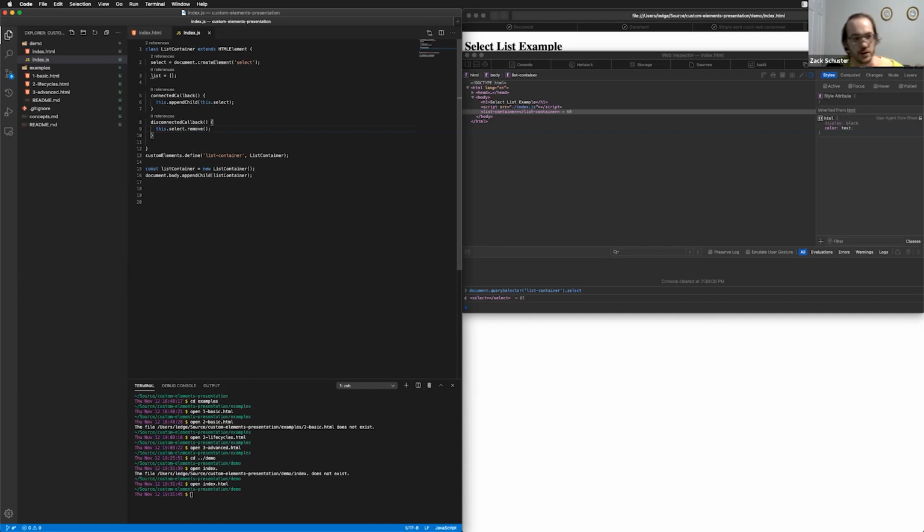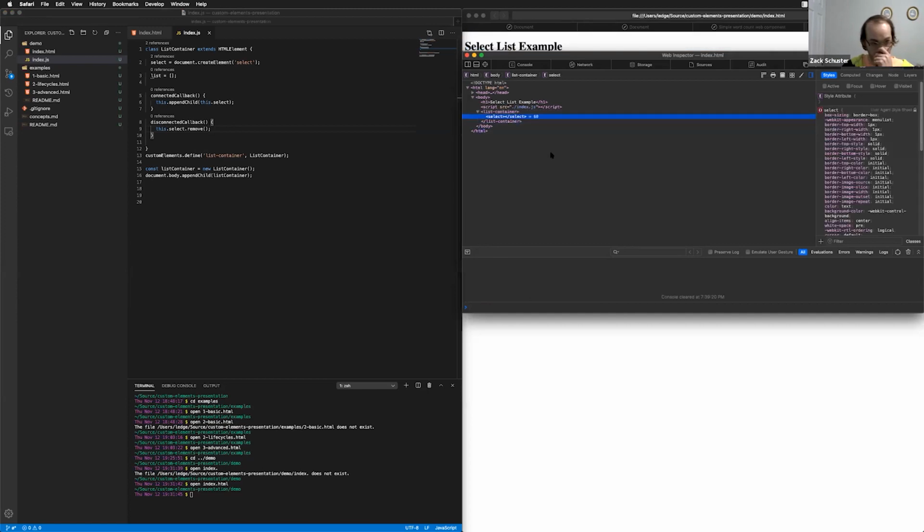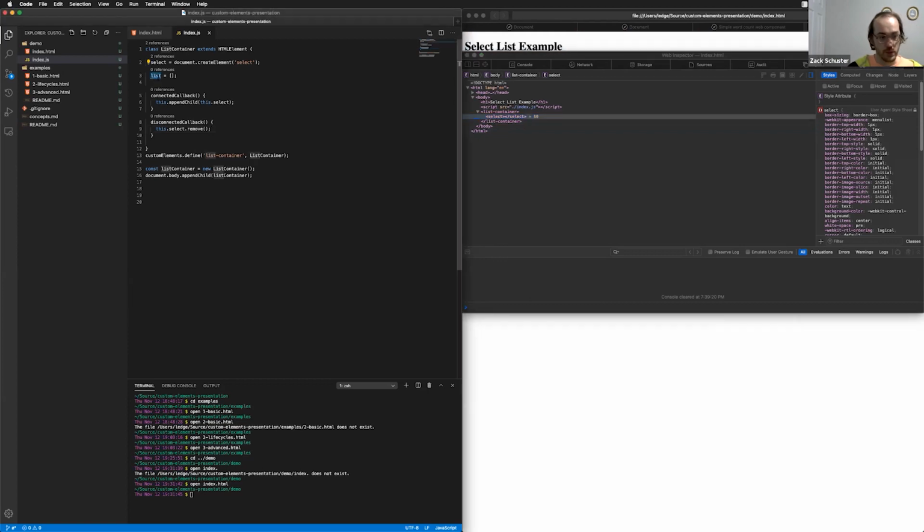So all right, we got our connected callback, we got our disconnected callback, we're adding and removing it. Now if we refresh the page, we can see our select list there. But we're missing some stuff from it. Namely, we're missing our options, right? And potentially some other stuff like the ID or whatever, but we'll just worry about the options for now. So we got our list defined here. I'm going to write this static get observedAttributes, and I'm going to